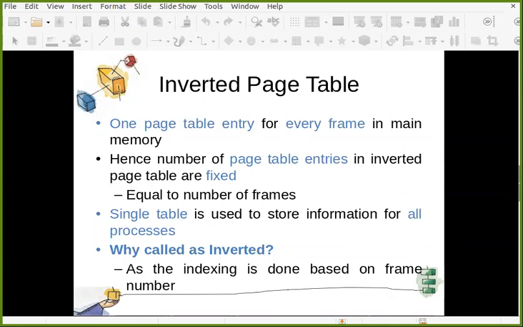So rather than storing the frame value for every page of every process, let us do the reverse. For every frame, you just store which page of which process is stored in that frame. Hence, the number of page table entries in an inverted page table is fixed, equal to the number of frames.